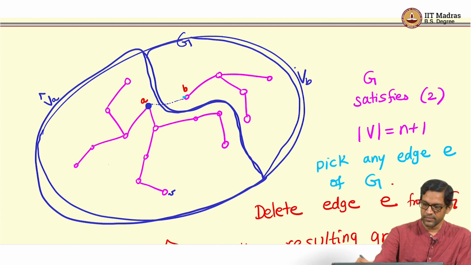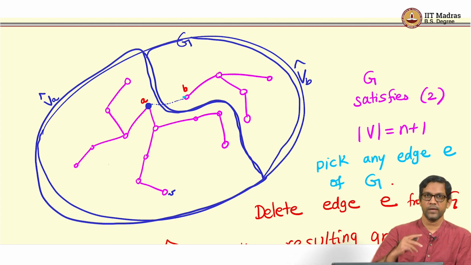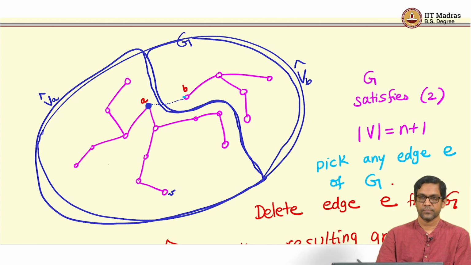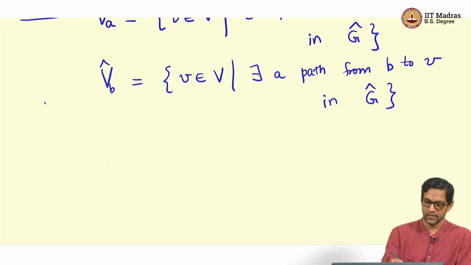So, we will call this VB hat. You can reach those vertices from B by following paths which do not involve that deleted edge. Okay. So, I have split my graph into these two pieces, and so I will think of these as two subgraphs. So, I will take all the edges as they are. Okay. So, now let us look at EA hat, the set of all edges